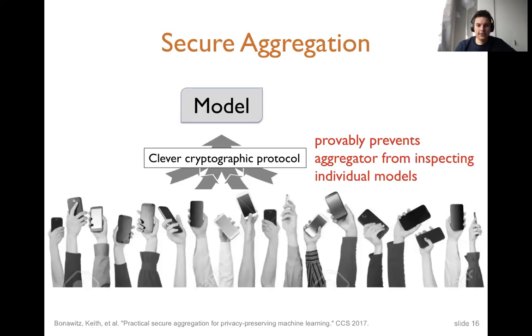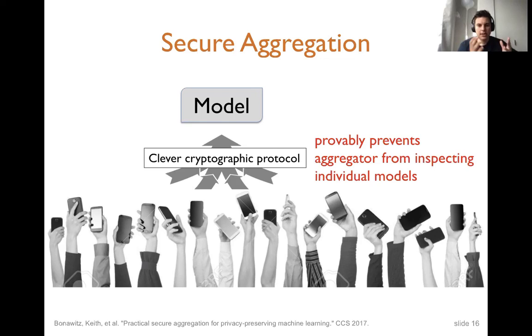There are some very good cryptographic tools to provide privacy that try to hide away even the model updates, because there is research that shows that if I train a model on my data and I share it, then you can find out what data I used when you look at the model.